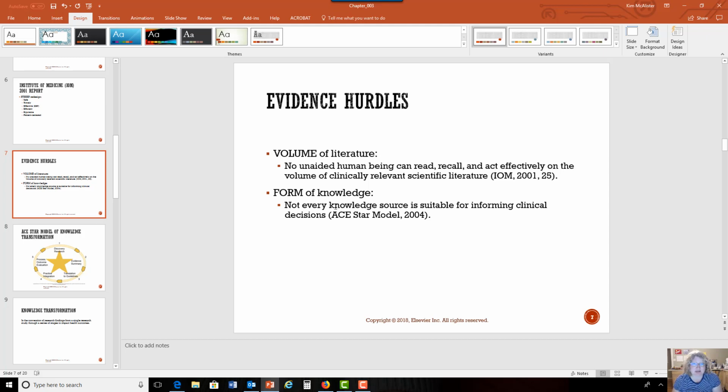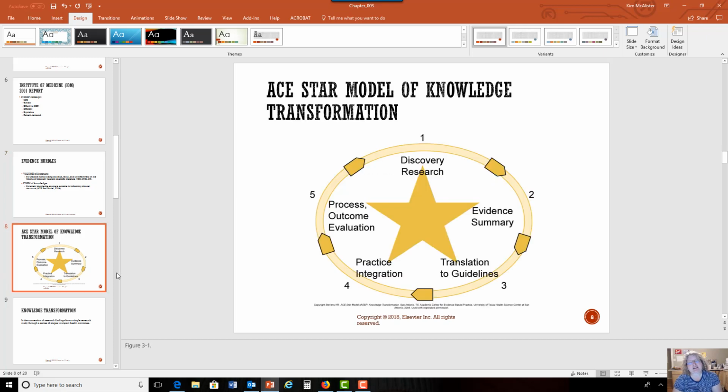So this has produced all this literature. So what do we do with it? We can't all sit down and read it because that would take forever. And we also have to decide which literature, what research, what is actually appropriate for changing our clinical decisions. And so they came up with the ASTAR model of knowledge